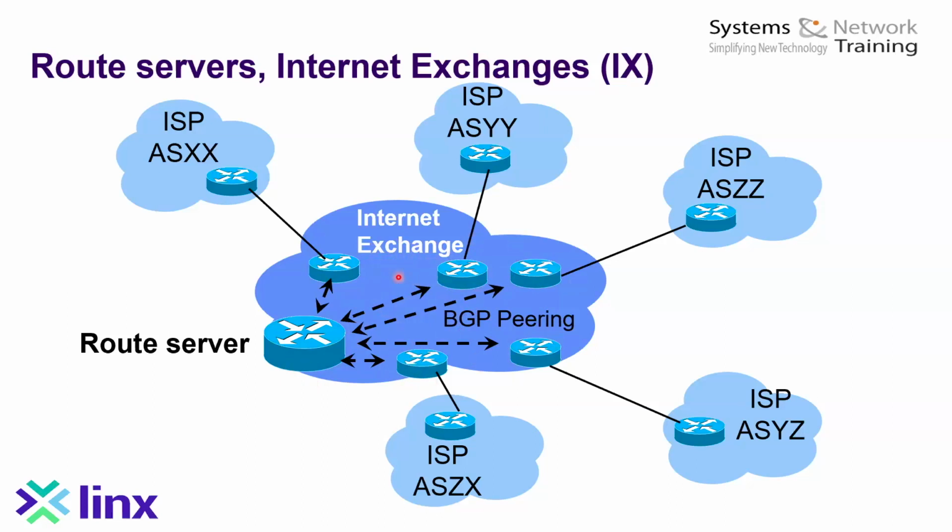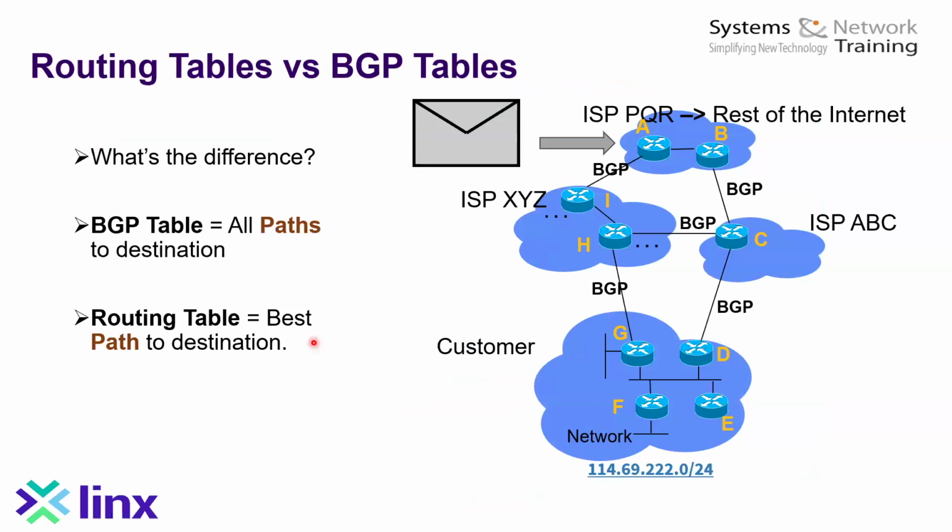If there are 50 BGP routers here, then instead of 1225, there are just 50 peering sessions with the root server. And so you can see how the scale is greatly improved here. So that's what root servers are: they're a distribution point, a simplified way of peering in the Internet exchanges, and they provide a great deal better simplicity at scale for all of these BGP interconnections that take place between the service providers.